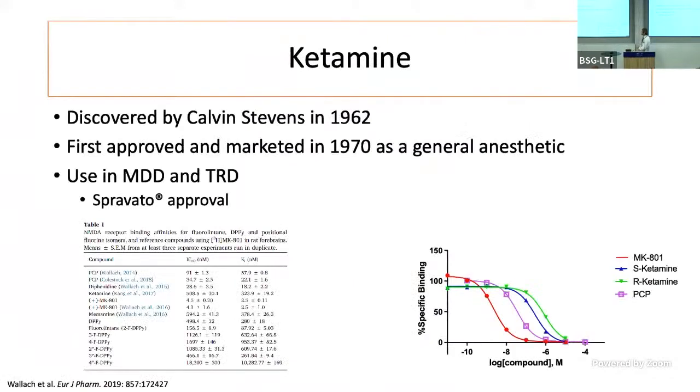All right. So moving on, we have ketamine discovered by another Parke Davis individual, in this case, a consultant named Calvin Stevens in 1962. Very soon thereafter, approved and marketed as a general anesthetic. And we all know that story, discovered ultimately to be a very effective antidepressant drug and approved with Spravato most recently, although the racemic ketamine is widely used off-label.